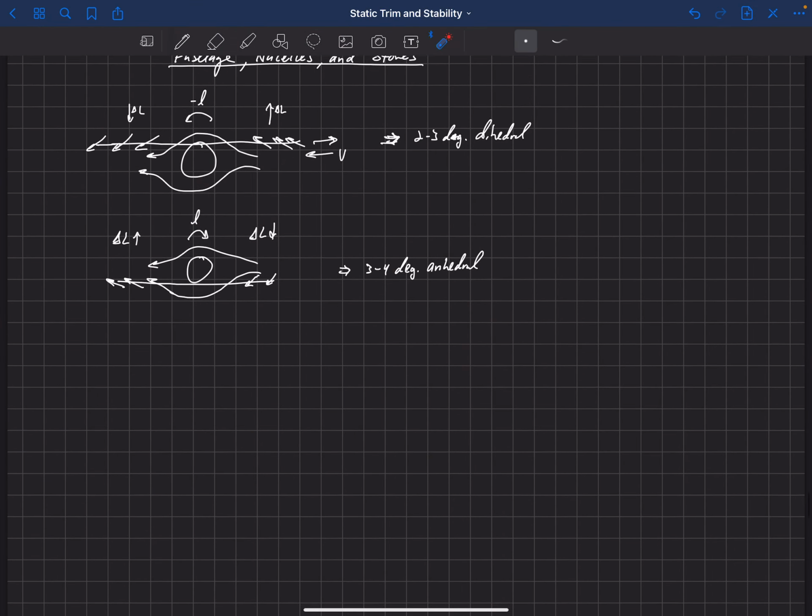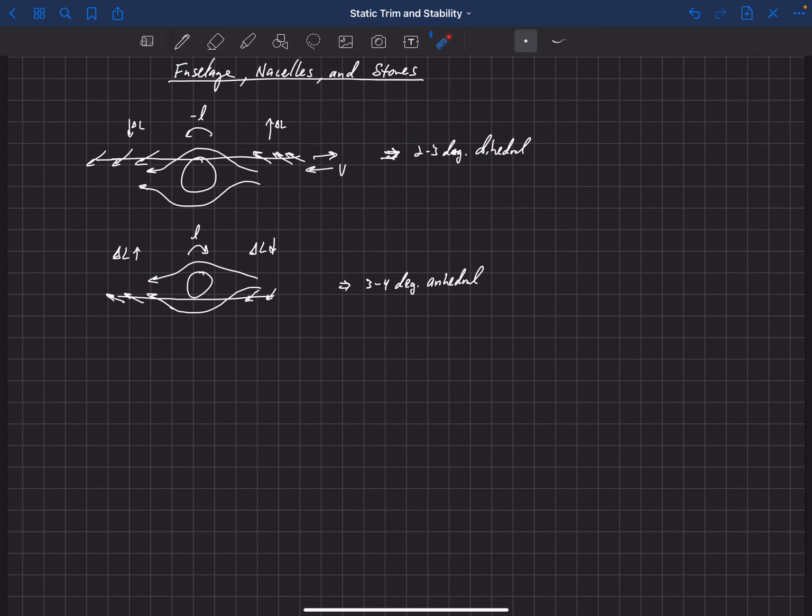Okay, so that's an example of what's happening here with the fuselage. Let's look at some external stores now. Let's say that our aircraft is here, and I'm just going to put the fuselage here right in the middle, just so we can denote the center of the aircraft. And now let's put some nacelles or fuel stores or whatever we're carrying. Could be armament or something that's sitting on the wing, and look at how that affects it.